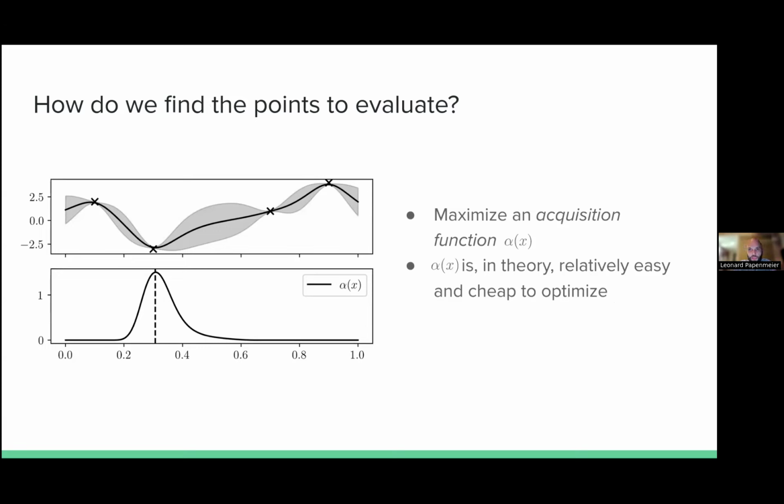We do this by iteratively updating the surrogate model and then proposing new points to evaluate. We find new points to evaluate through an acquisition function that is called alpha here. The acquisition function trades off exploration and exploitation by choosing points that have both high uncertainty and a low expected value. In order to select the next point, you of course need to optimize the acquisition function because you want to evaluate the point where the acquisition function has the highest